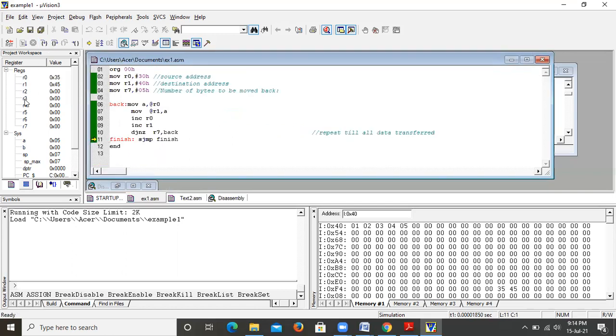See here, R3 has now become equal to 0. So it is stopped. Now observe the locations of 40 memory. So 5 values are transferred here. Okay. So this is how the data is transferred within the internal RAM location.